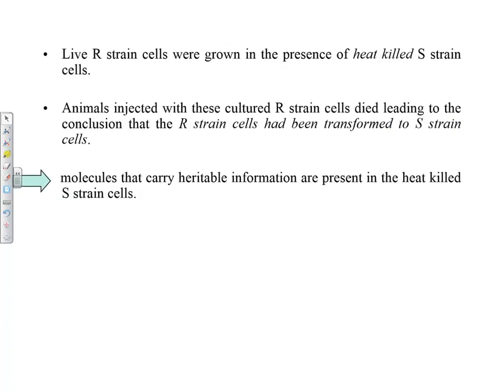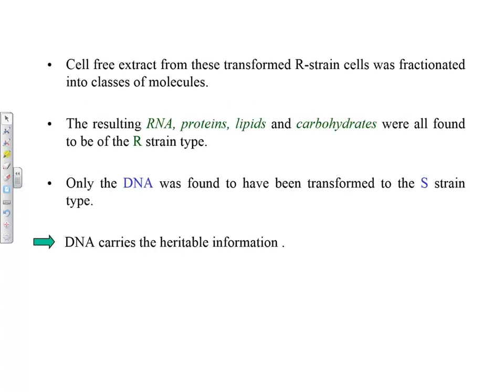So I'll repeat this again, after I've explained. Here, live R strain cells were grown in the presence of heat-killed S strain cells. The animals that were injected with these cultured R strain cells died, leading to the conclusion that the R strain cells had been transformed to S strain cells. So the conclusion is that the molecules that carry heritable information are present in the heat-killed S strain cells. Because if they were not, then these R strain cells would not have been altered, right? So the next step is to go and get the cell-free extract from these transformed R-strain cells, which was